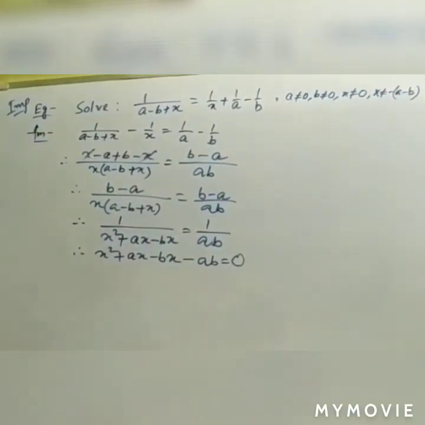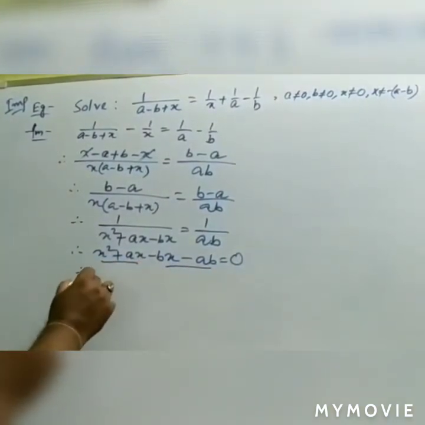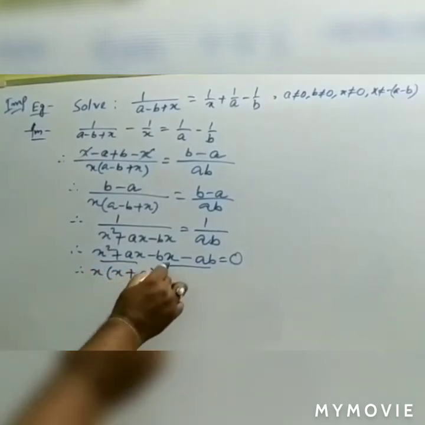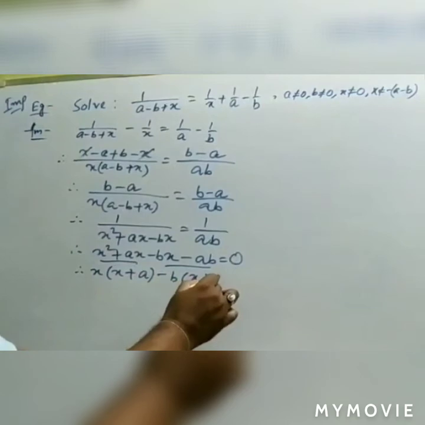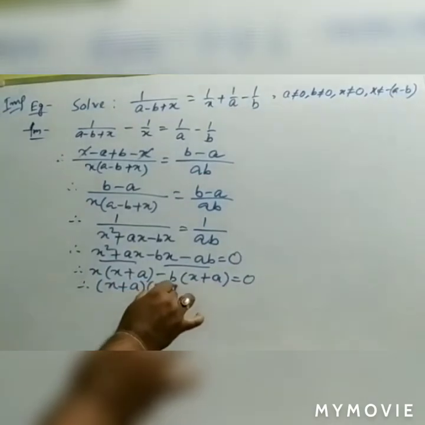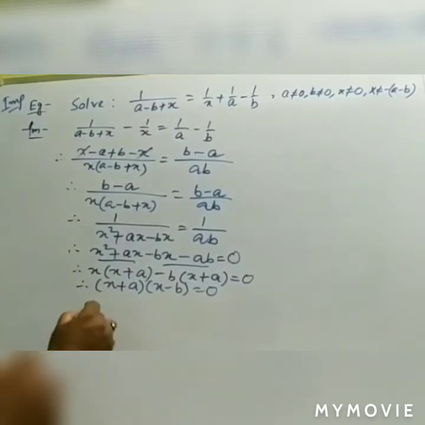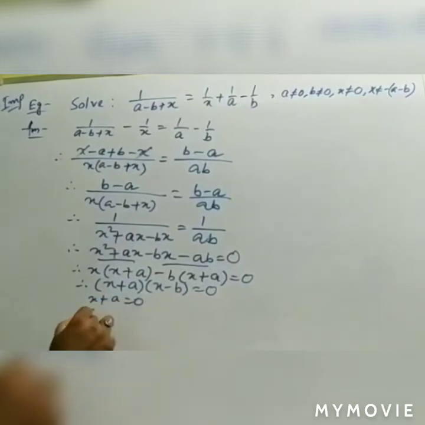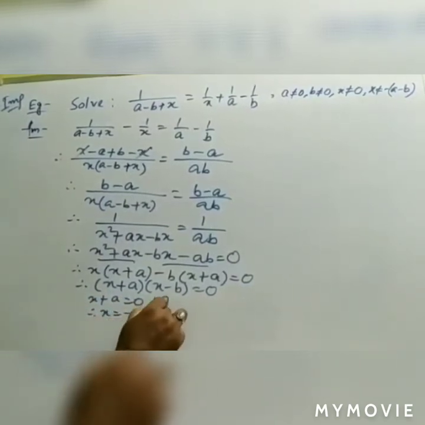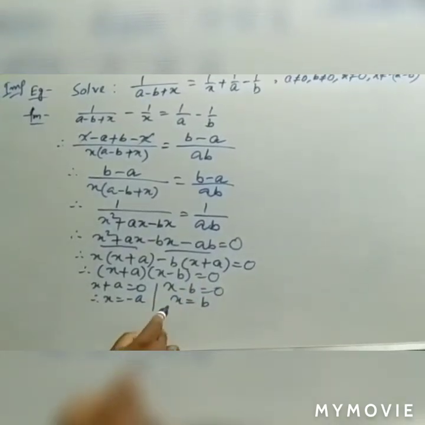So now the factorization, you know that we will take the common from these two and these two. So x is common, so x plus a is there, minus b is common, so x plus a is there. So we are getting x plus a is common as well as x minus b equals to 0. So we got both the factors and we equate them with 0. So we got the linear equations as x plus a equals to 0. Therefore x equals to minus a, as well as x minus b equals to 0. Therefore x equals to b. So we got minus a and b are both the values of x.